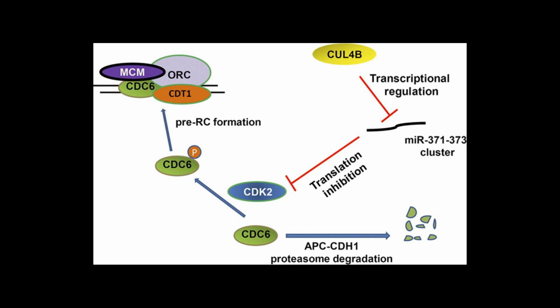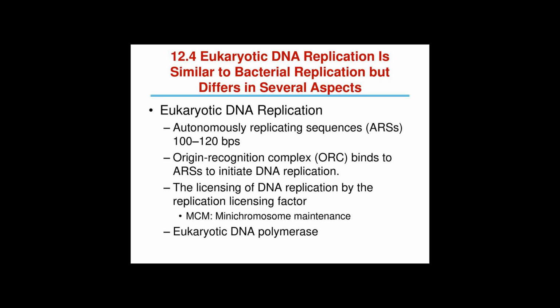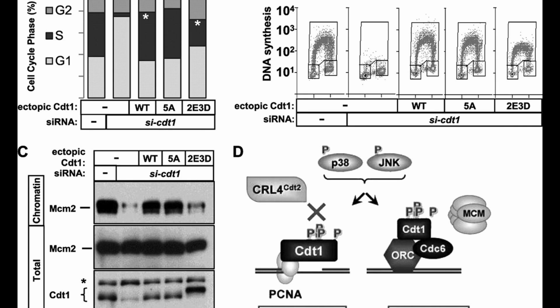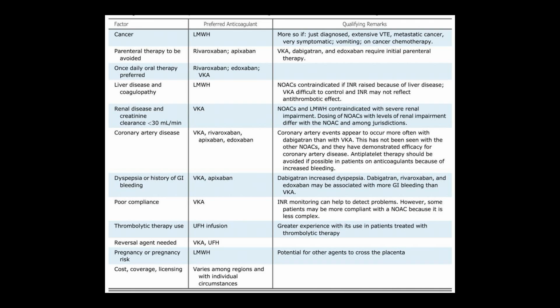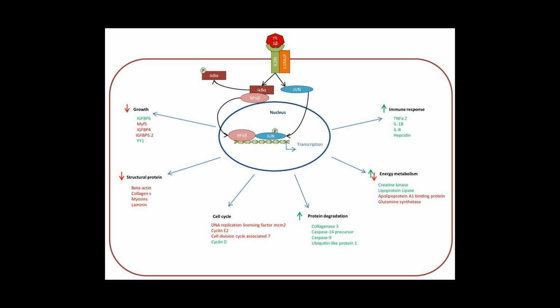Function of licensing factors. Origins of replication represent start sites for DNA replication, and so their firing must be regulated to maintain the correct karyotype of the cell in question. The origins are required to fire only once per cell cycle, an observation that led to the postulated existence of licensing factors by biologists in the first place.